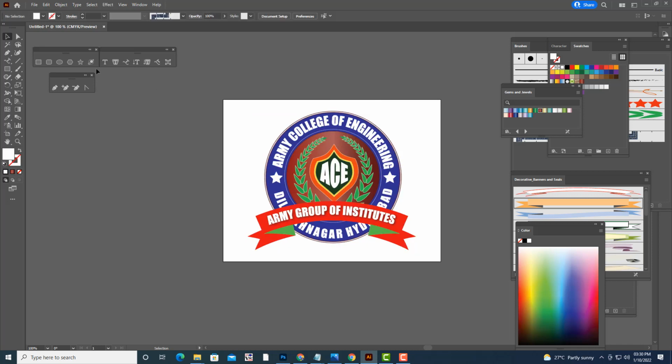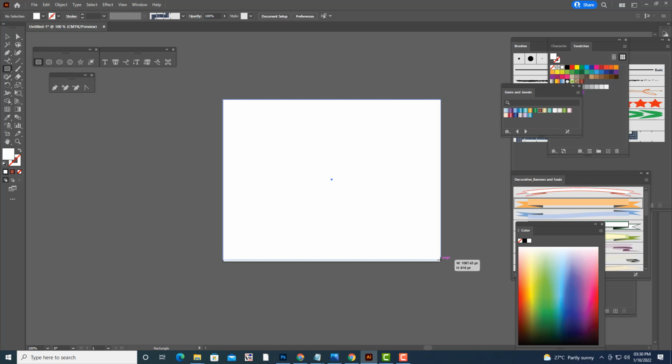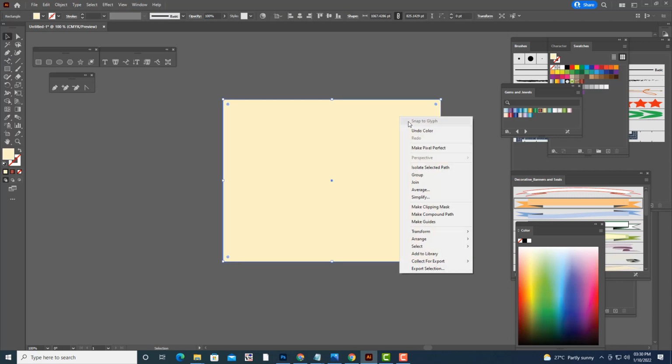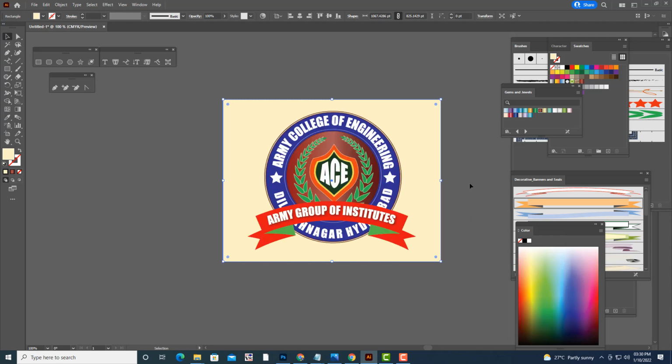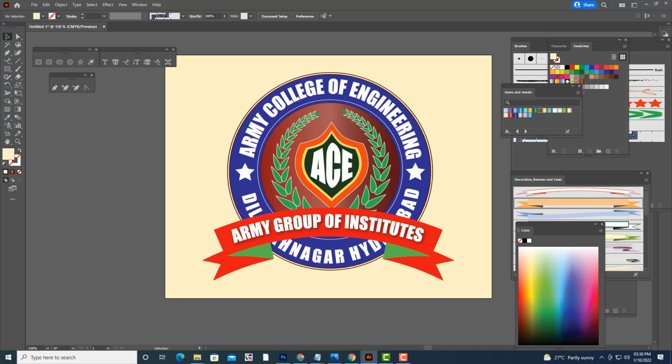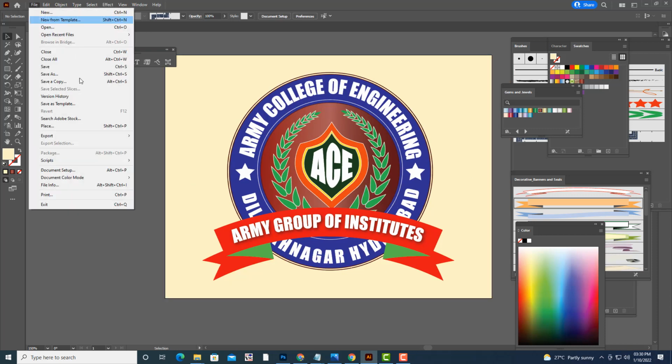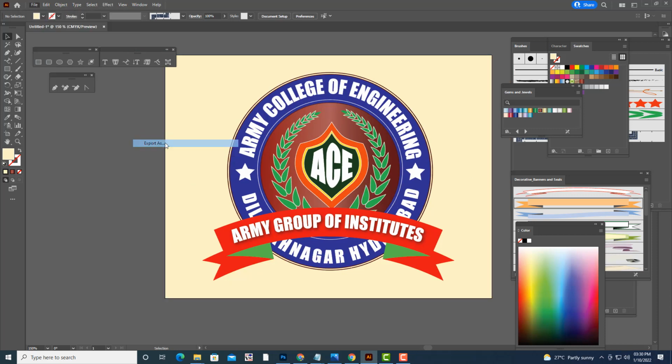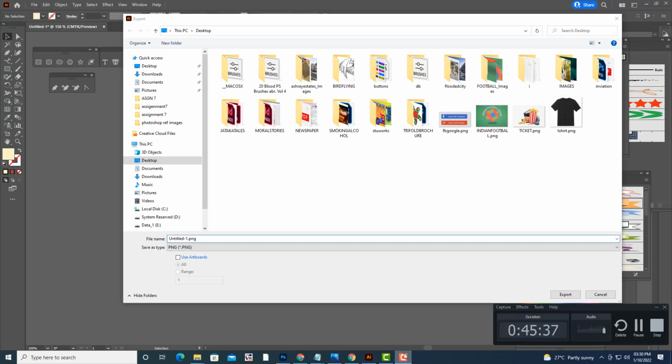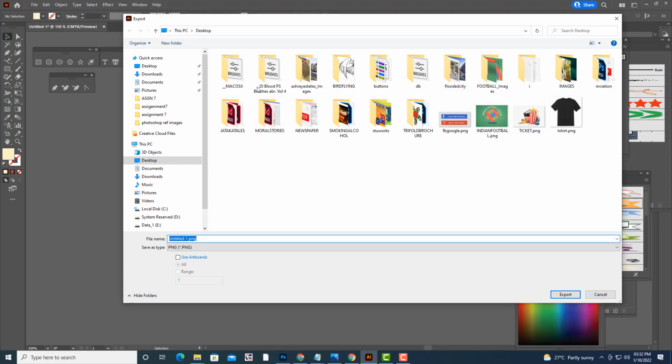Then we will create one background, a very light color, and keep it behind. And then we'll export it, file export.